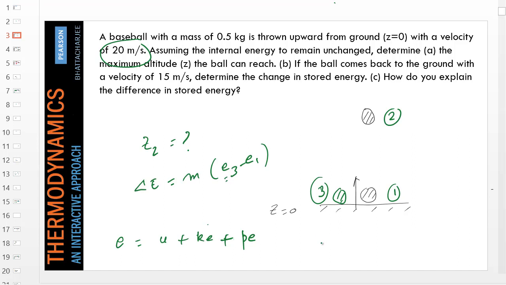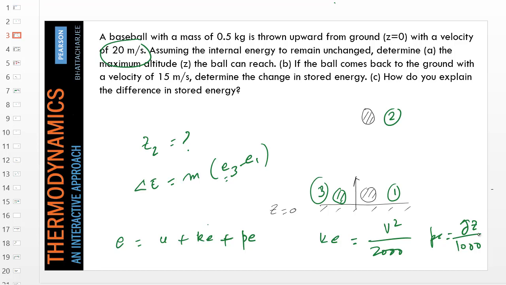And we know what the formulas for Ke and Pe are. Velocity squared by 2000 is Ke, and Pe equals g z by 1000. The factor of 1000 is necessary because you want the unit to be in kilojoule per kg instead of joule per kg. Okay, so we are going to use the DeskCal to solve the problem, and I have